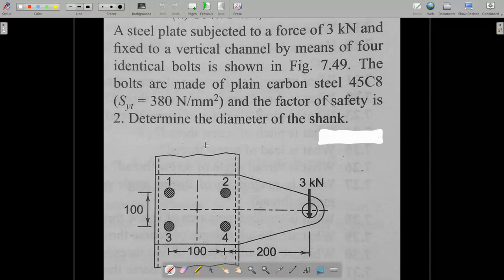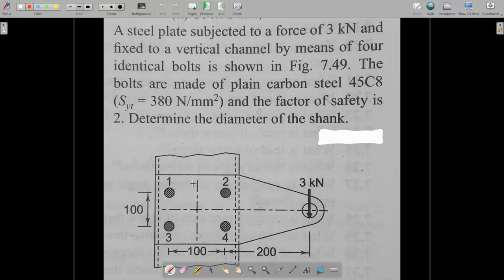Okay, so let's start. Yesterday we solved one question of an eccentric bolted joint subjected to shear stress, and it was a very simple kind of question. So today we will solve one level up question of the same eccentric joint subjected to shear. This is the question: a bolted joint subjected to shear, where, as you can see, the bolts are at particular distances. Today we will solve it step by step.